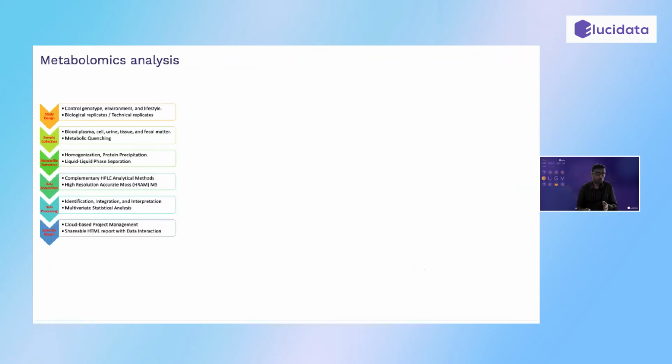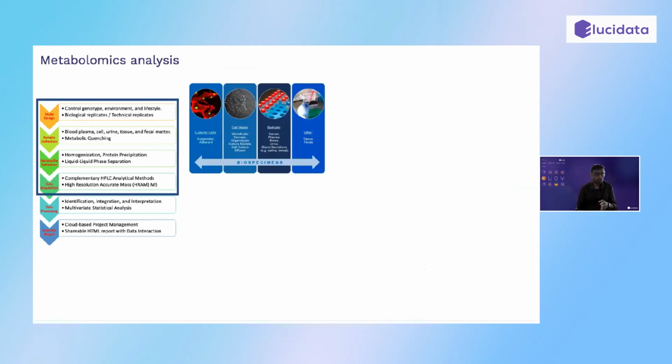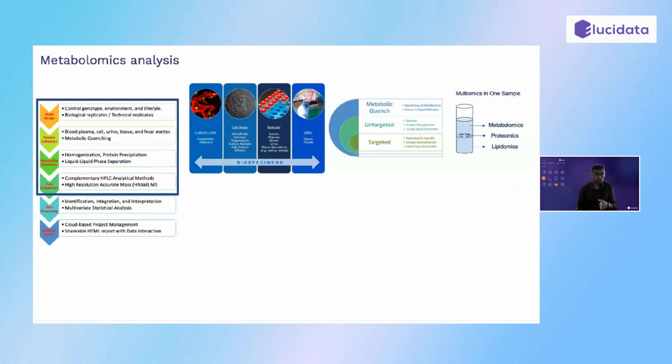On the analysis side of things, there are pretty much standardized methods available now for metabolomics evaluation, at least for known metabolome analysis. It starts from study design all the way to scientific reporting. In our case, we deal with a lot of different types of samples within our team, and we have defined sample preparation techniques that can enable multi-omics analysis, such as metabolomics, proteomics, and lipidomics, within the same sample,